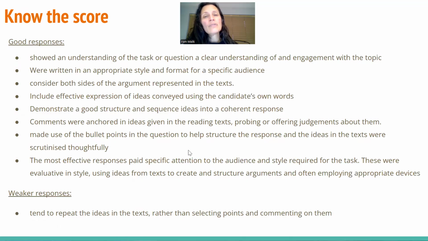So looking at those ideas and evaluating them and considering them, maybe questioning some of them or offering your own viewpoint based on what you've been presented with. Use the bullet points in the question as a guide to help you structure your response. And make sure you're reading carefully, scrutinizing thoughtfully. So really, close reading is very important here so you don't miss anything, and also analyzing